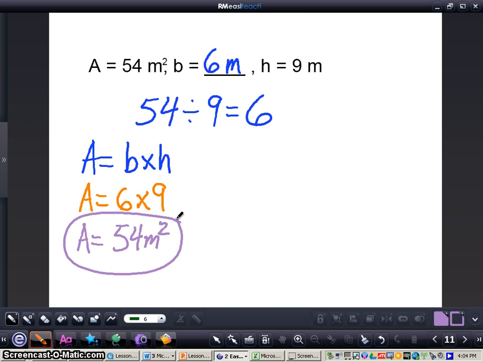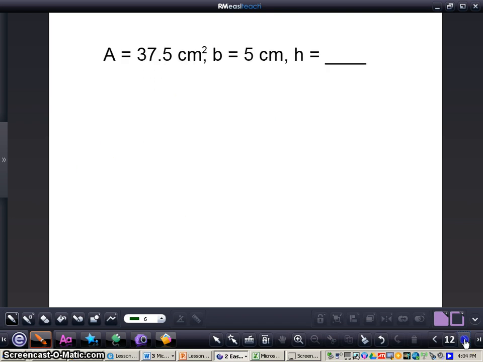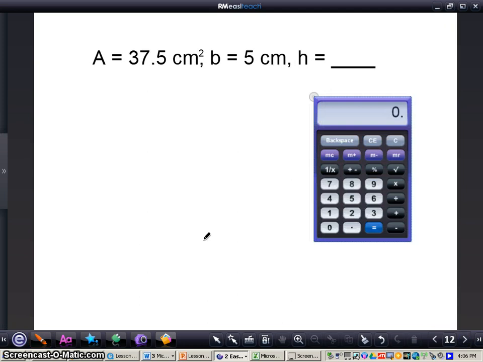So now what I want you to do is get out your pencil and your math journal, and we're going to do this problem here together. Okay, so we have area of the parallelogram 37 5/10 centimeters squared. The base is 5 centimeters, and we do not know what the height is. So what we need to do is we're going to need to figure out how to find that height,